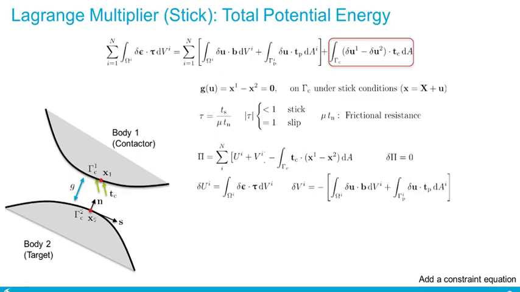And then we can perform the variation on the potential of the external force. So this would be the minus of the integral of the virtual work done by the body force and externally applied traction on the surface of the bodies. So note that there is an inverse relationship between potential and work. So basically, when the external force is doing positive work, the potential of this force is decreasing.